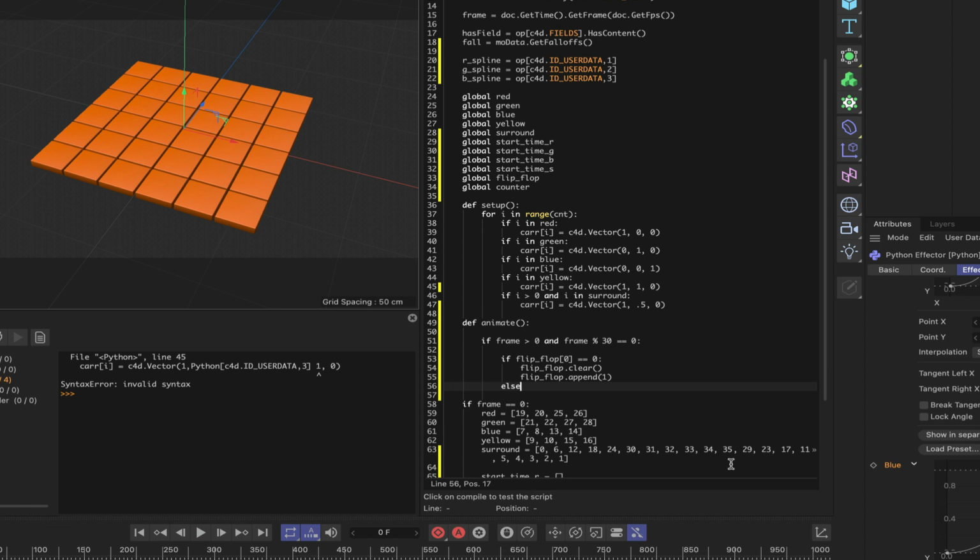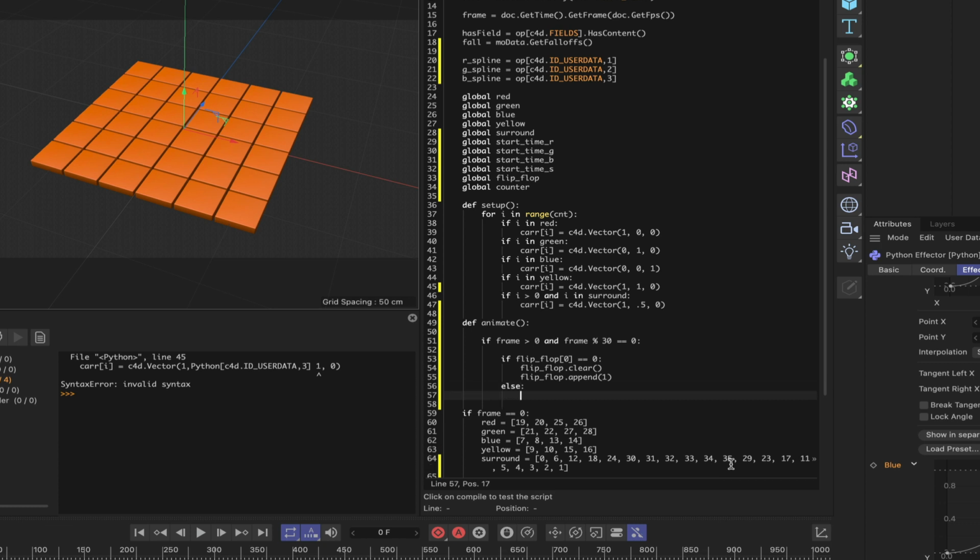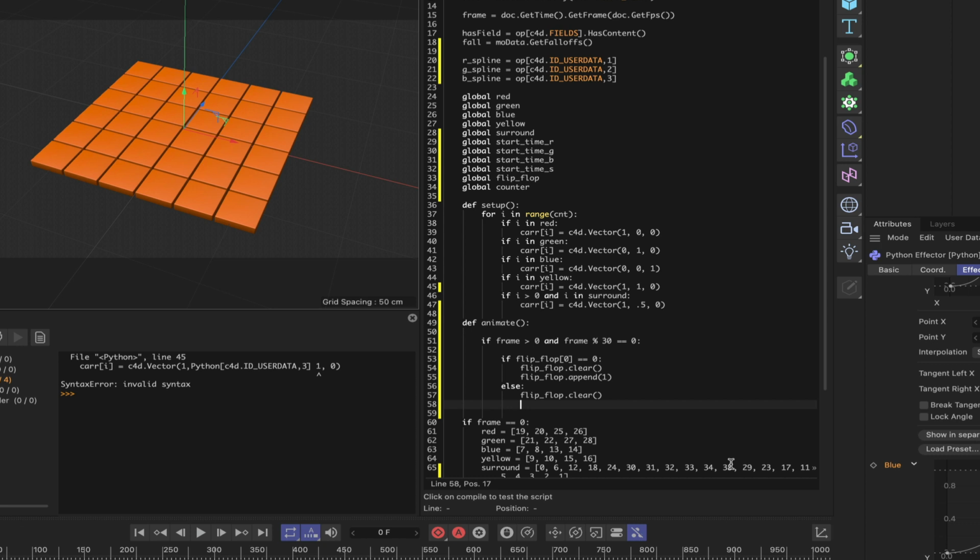I can then say else: flip_flop.clear(), flip_flop.append(0). So if our frame or if our timeline has been started and is greater than 0, and it's also hit 30 or any multiple of 30,